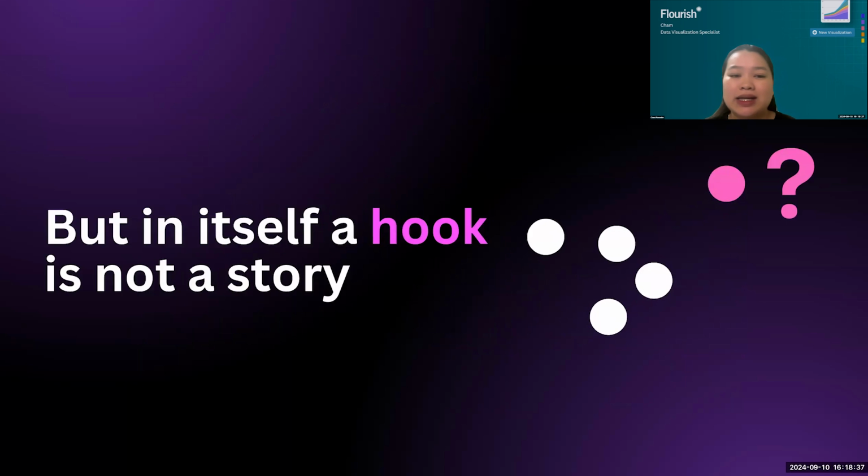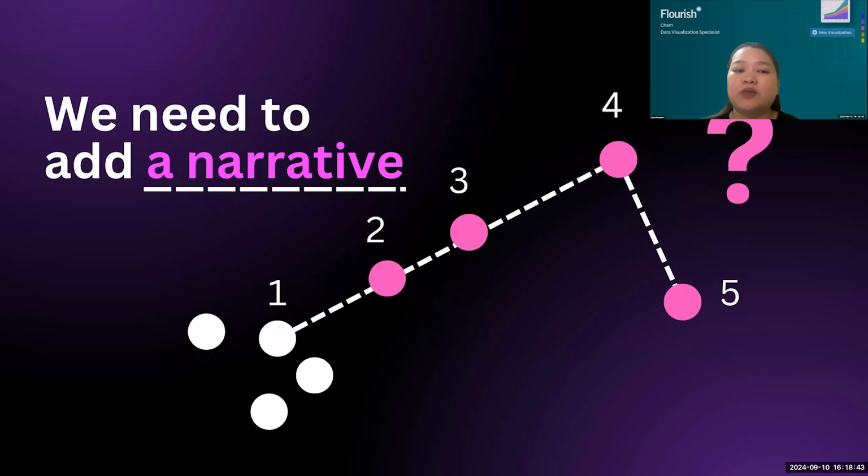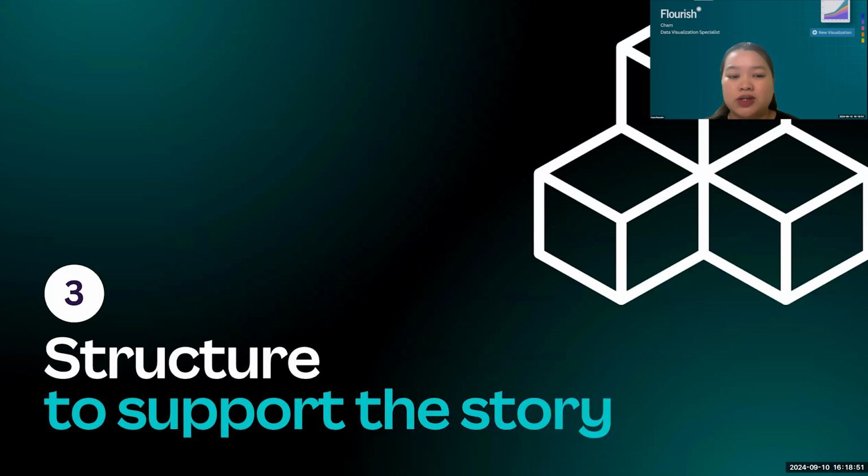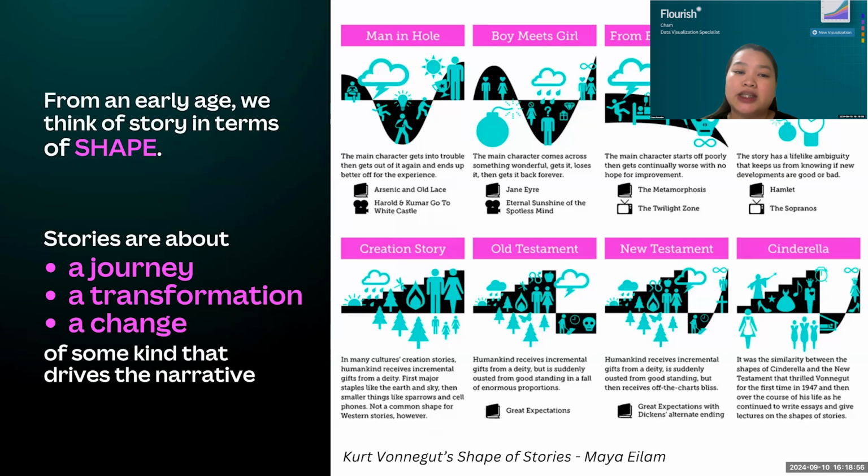However, like data in itself is not a story, a hook by itself is also not a story. The hooks that we found are points in our story waiting to be structured by a narrative. Now, how do we structure our story? From an early age, we think of story in terms of shapes. Stories are about journey. Think of your favorite movie. A transformation, a change of some kind